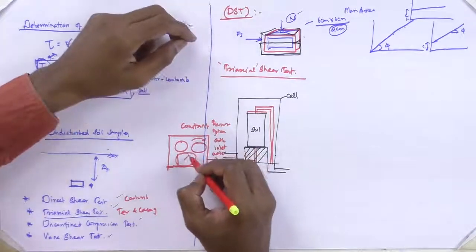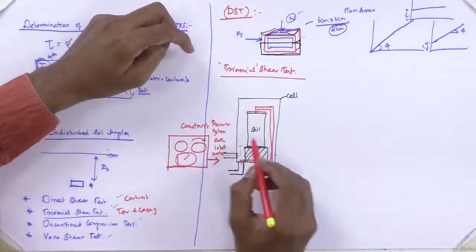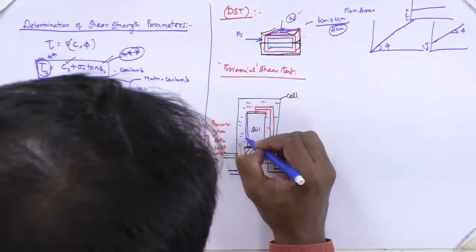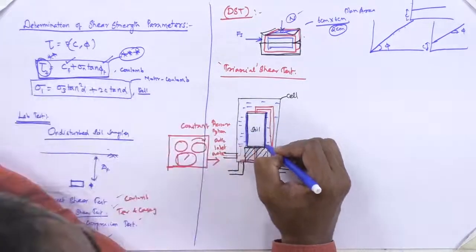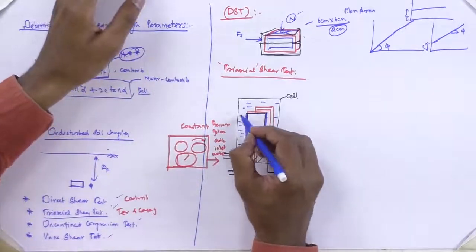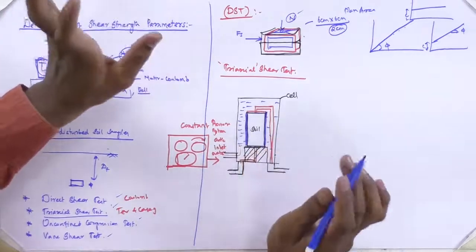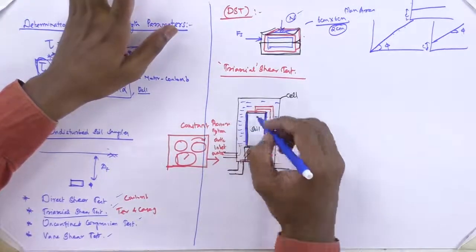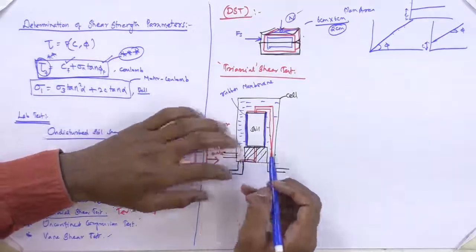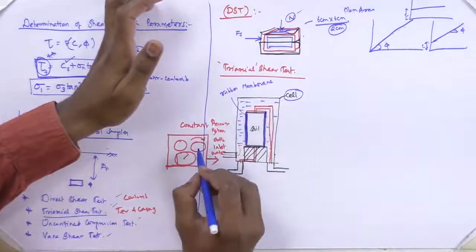Once the water is filling it, this soil specimen has to be perfectly protected by a rubber membrane, so that water cannot permeate through the soil pores. Once the water is allowed to fill this chamber called a shell and it is filled, you can